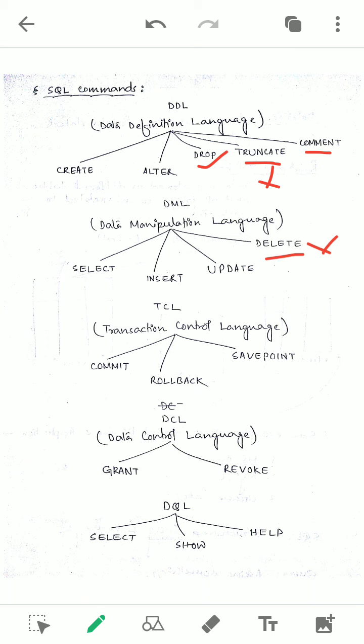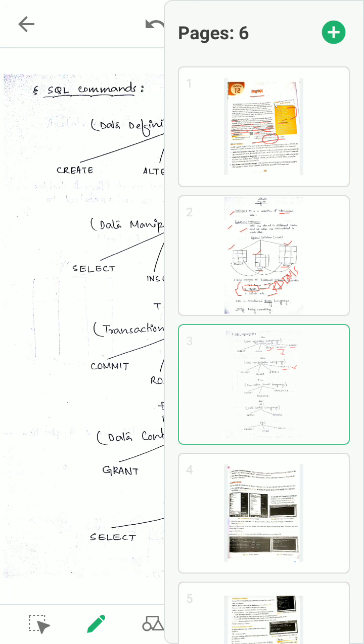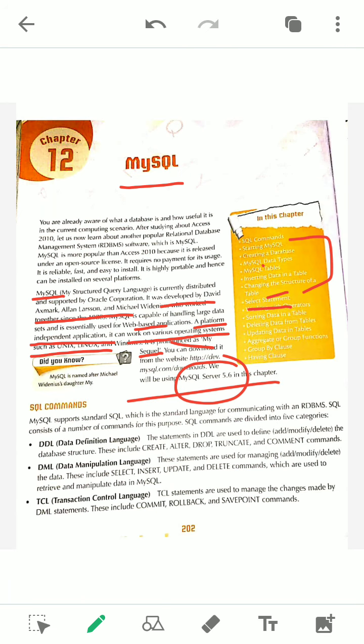Comment: as we know, comments are used in XML, HTML, JavaScript, everywhere. So here also comments are there. Now, what comes in your exam? In one-word questions, you can see the extra questions that I have provided; you will find all these one-word questions. The question will be: these statements are used to modify or define the structure of the database.